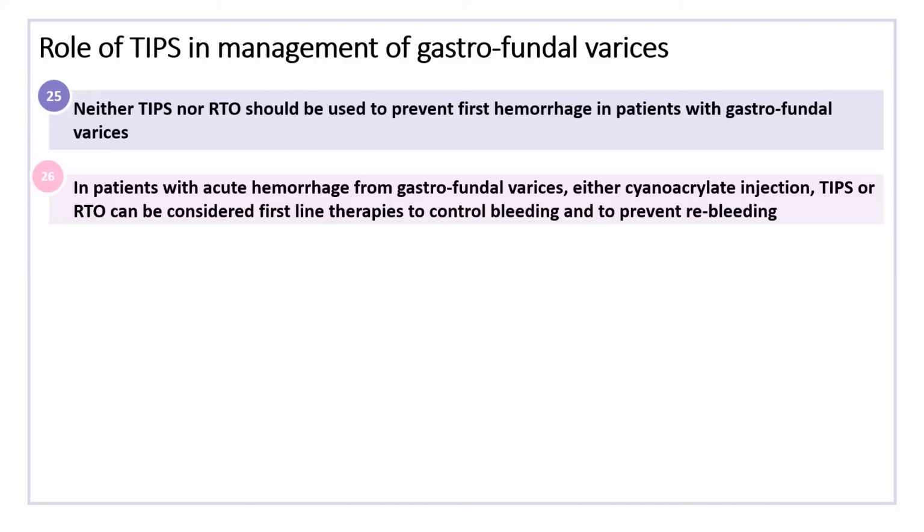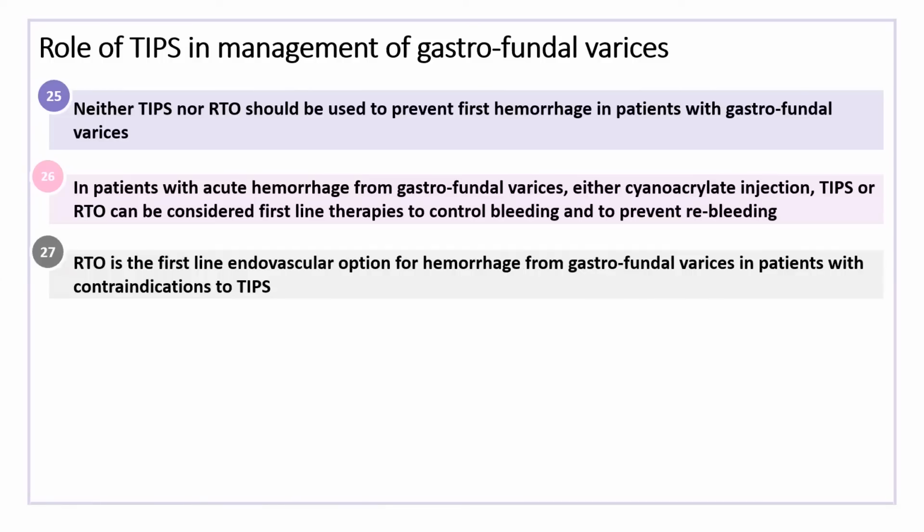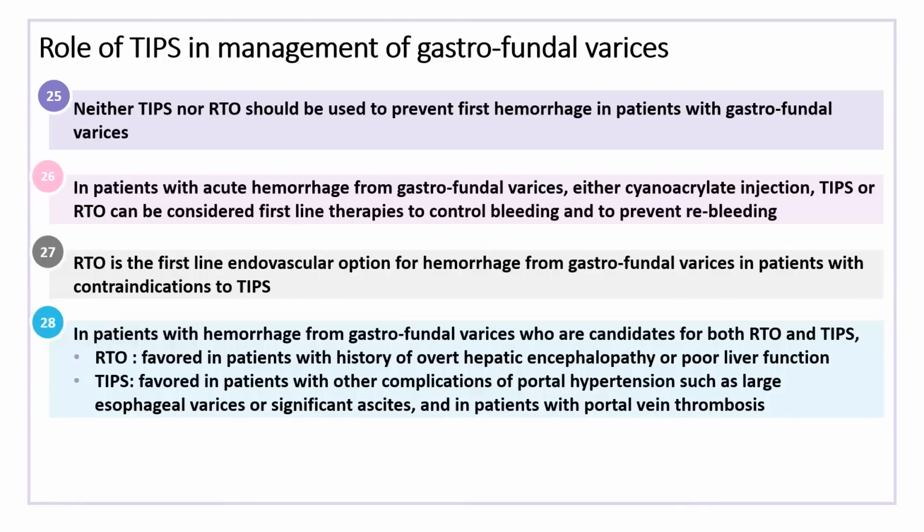In patients with acute hemorrhage from gastrofundal varices, either cyanoacrylate injection, TIPS, or RTO can be considered as first-line therapy to control bleeding and prevent rebleeding. Now, RTO is the first-line endovascular option for hemorrhage from gastrofundal varices in patients with contraindications to TIPS. In patients with hemorrhage who are candidates for both RTO and TIPS with gastrofundal varices,